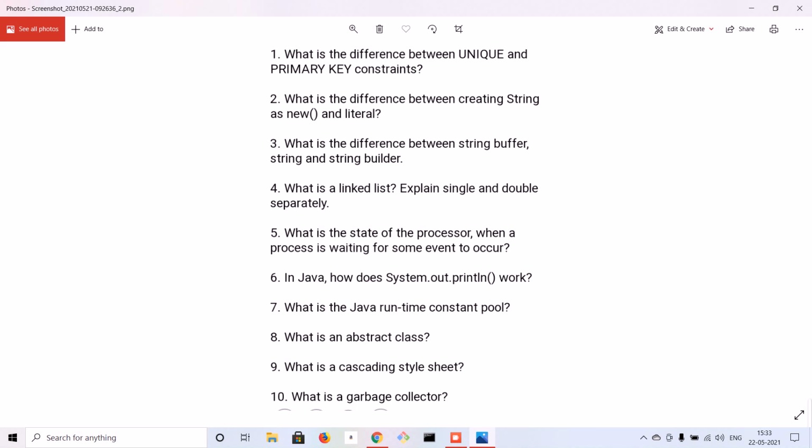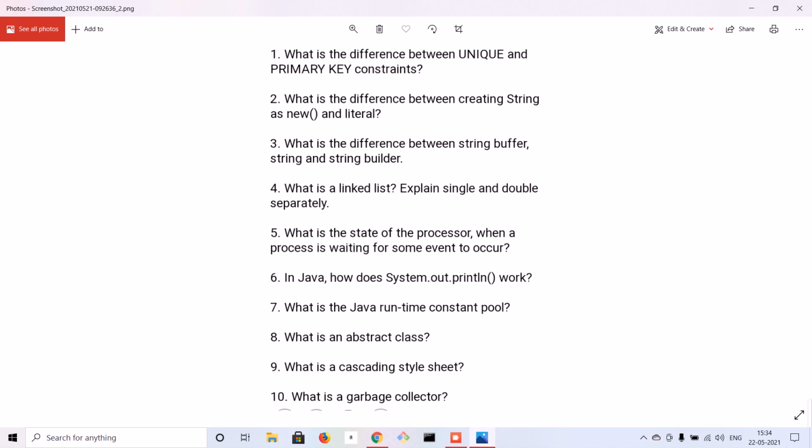So if you change the string, it will completely create a new object. Suppose you created a string like ABC, and now you want to append a D to that. It will be ABCD, but it won't be that previous object ABC. It will be a completely new object. So that's why we call it immutable.